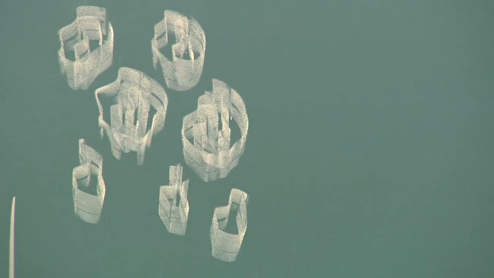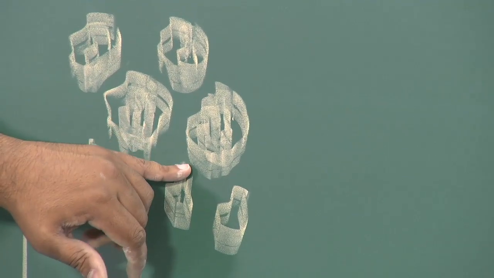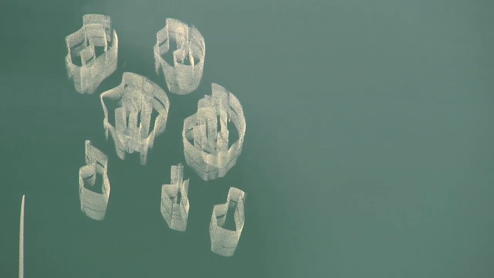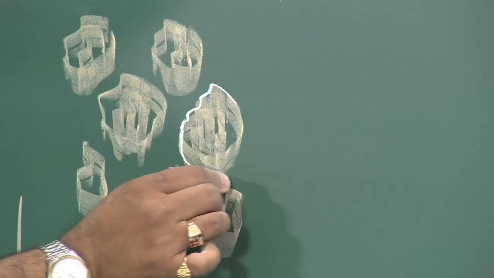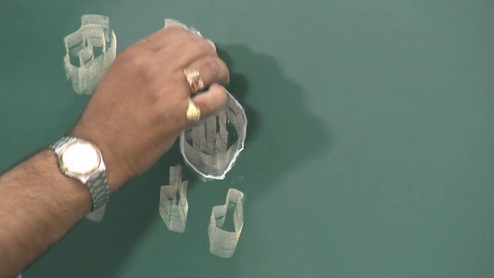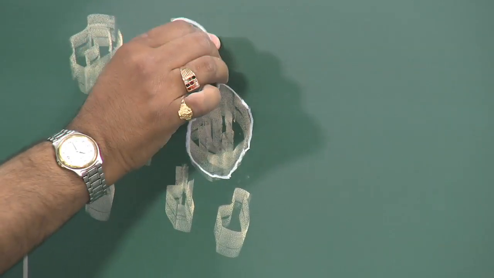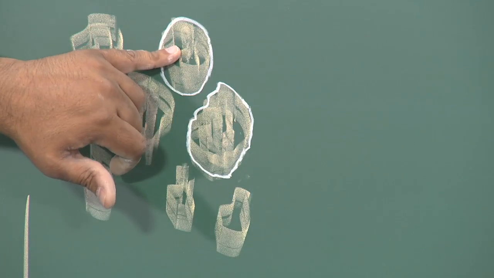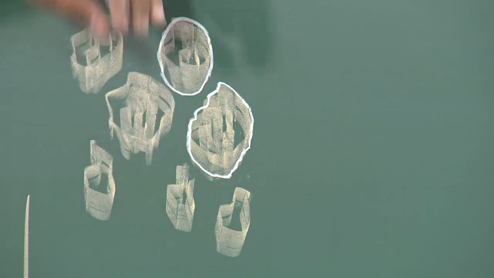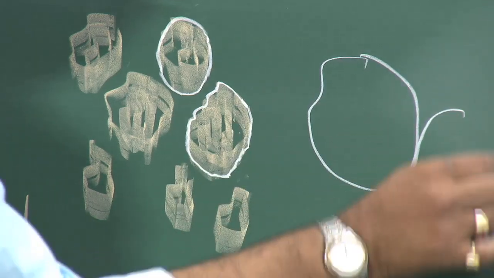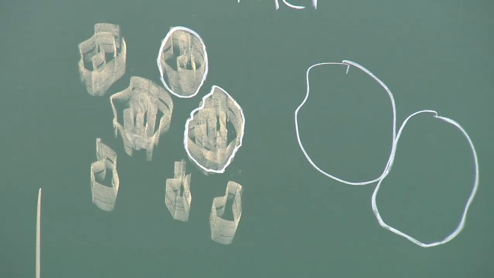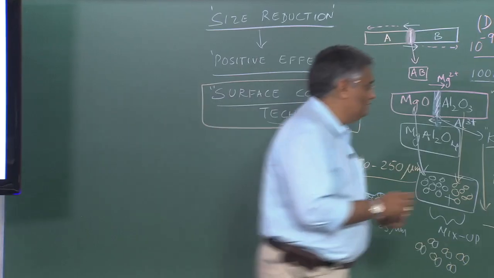But as you can see, this growth is actually impeded when the growth of this region comes across the region where the neighboring nucleation center starts growing. So it actually gets impeded there, leading to the formation of grains